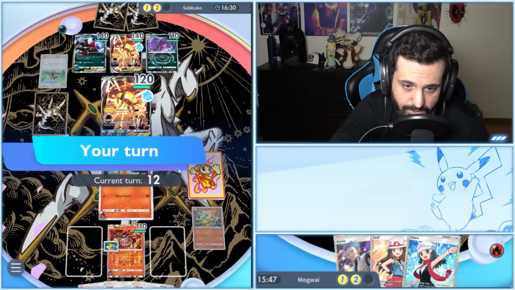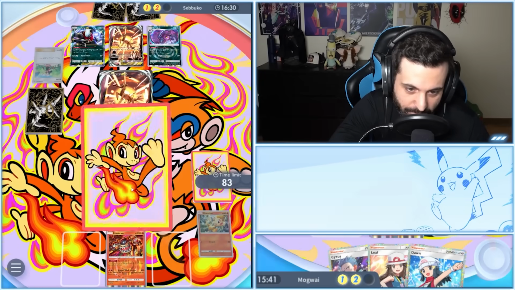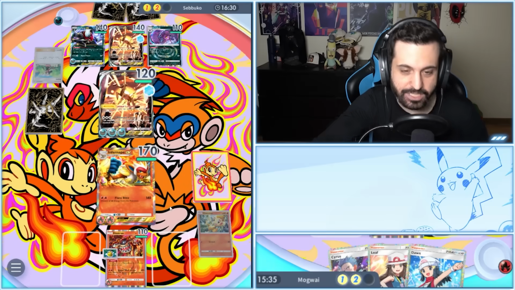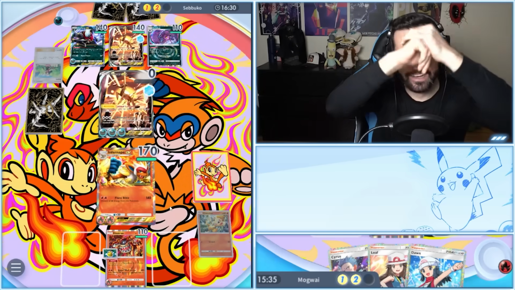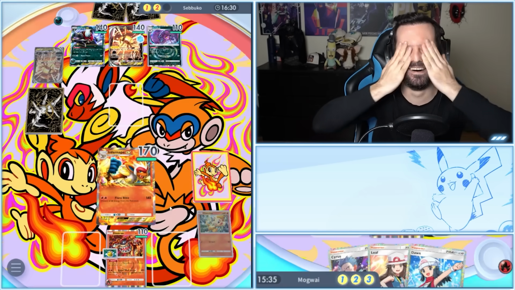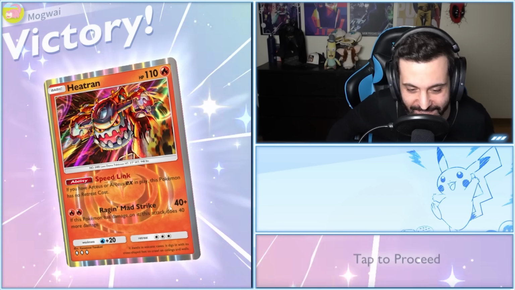Be quite sad to go down like this, but it can happen. No, it won't. You just gotta believe. Oh, okay. Monkey came. We called and he came. Oh, baby, let's go. We had such a good opener, but then we just could not draw into Infernape, and